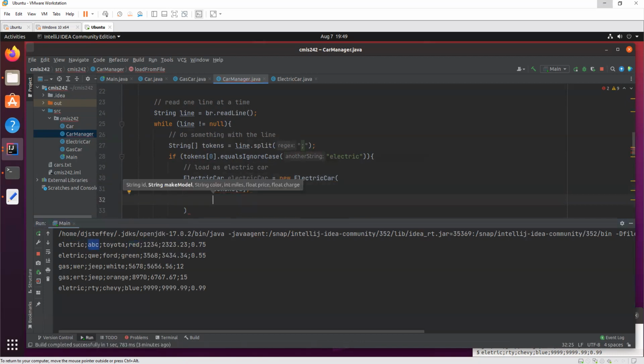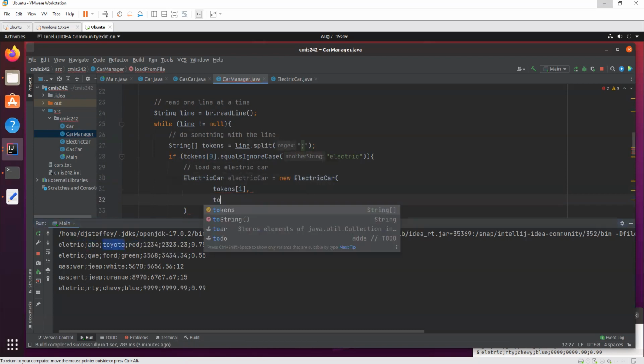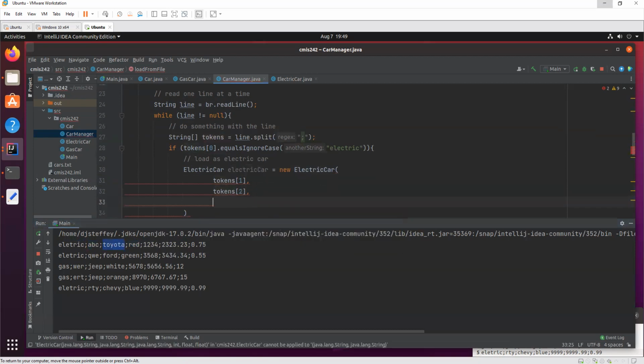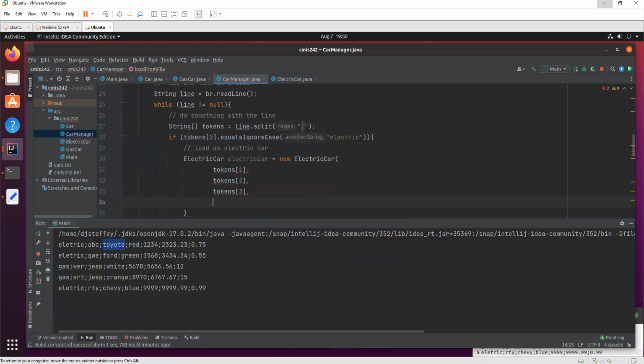What's next? It needs the make model. That's tokens at index 2. What does it need? It needs the color. That's tokens at index 3. It needs the miles. Here's where we have to be careful. So all these tokens are strings, but this miles needs to be an integer.